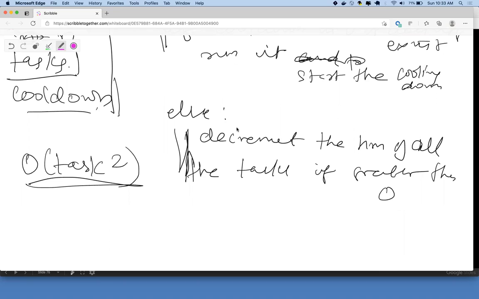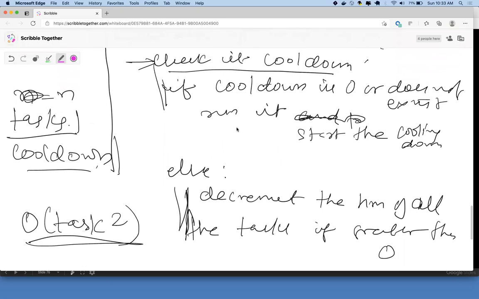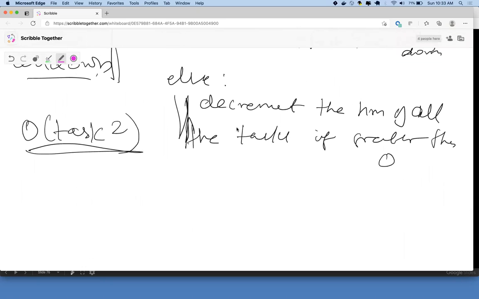Right? Is this clear? Why it's O of task square? What about the solution that Devan said? It's basically O of n square or task square. Got it, because we have to go through the if-else condition to decrement all of them. And also remember, he's not doing it once. He's going through it repeatedly.